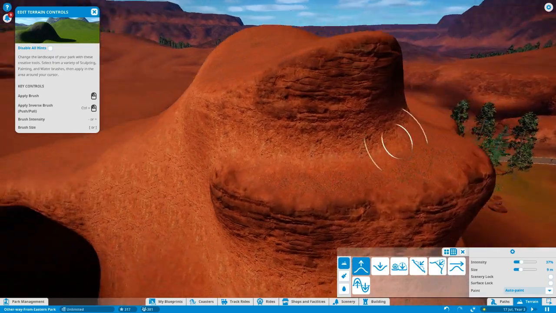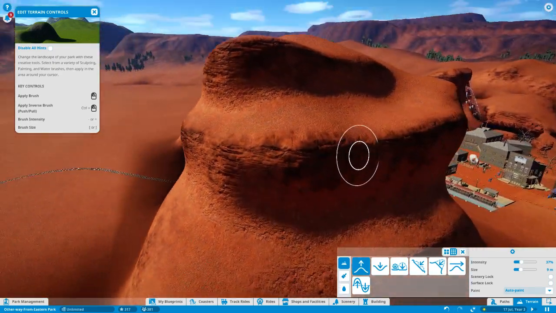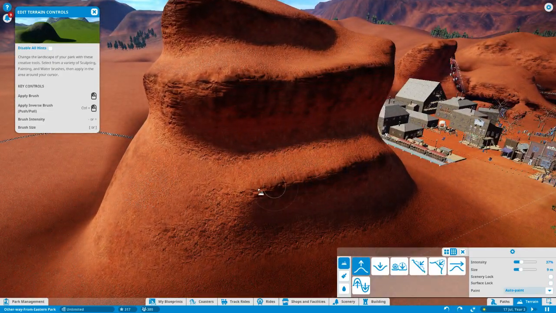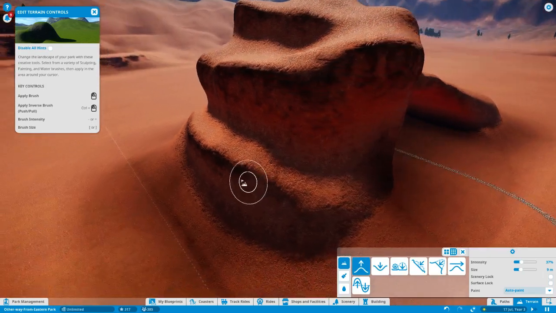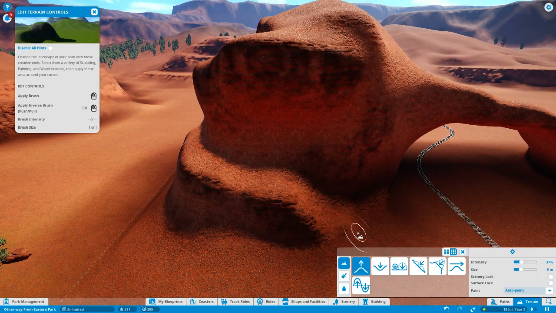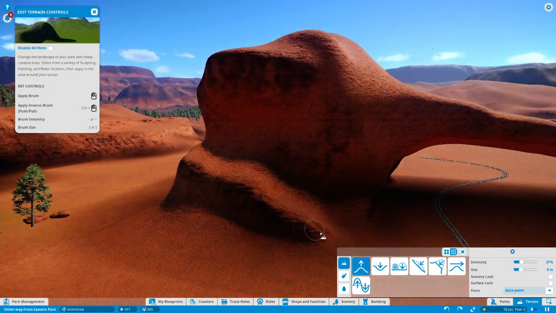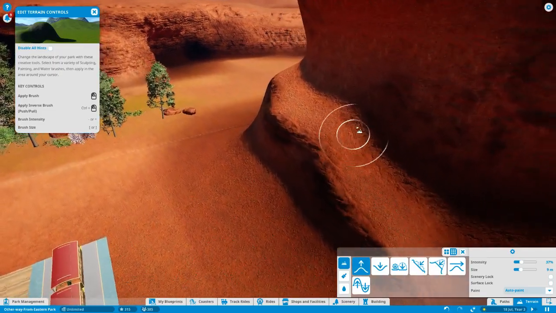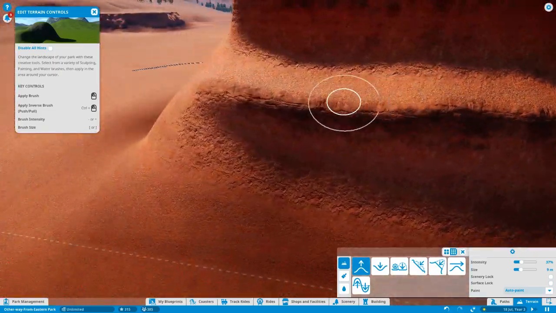Oh yeah, that's much easier, doing it like that. And then we'll give it a bit more of an edge around here. Oh yes, now it's taking shape much better. In fact, so feasibly, someone could clamber up there